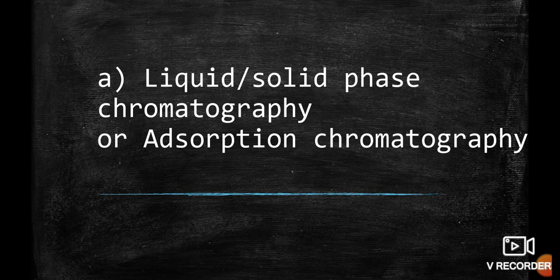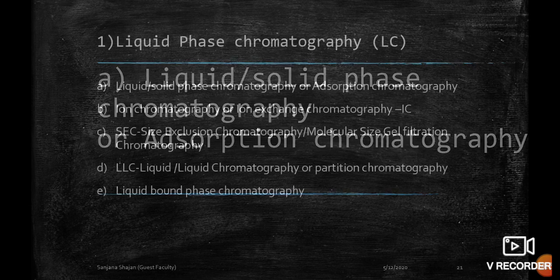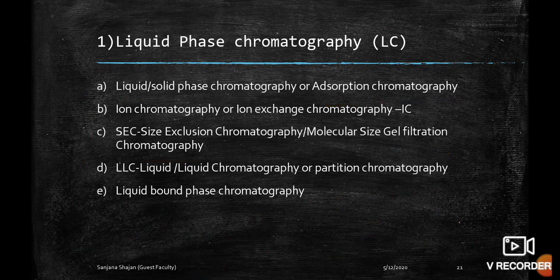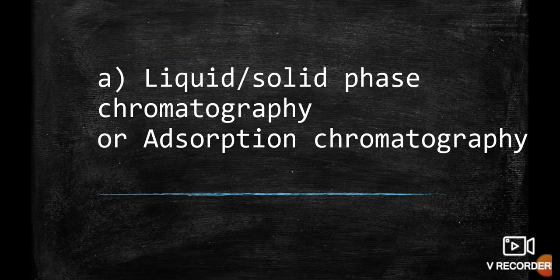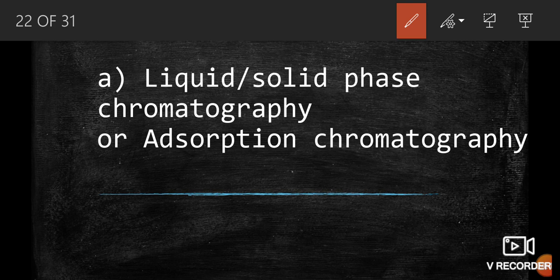So now we'll go into each of them. Coming to the first one, that is liquid solid phase chromatography, also called adsorption chromatography. Here, as I've already told you, the mobile phase remains a liquid. Just remember, for all of them, the mobile phase is a liquid. But here, the stationary phase is a solid medium, which will adhere species by dual effect or physisorption or chemisorption phenomenon. The main physicochemical parameter used here is the adsorption coefficient.